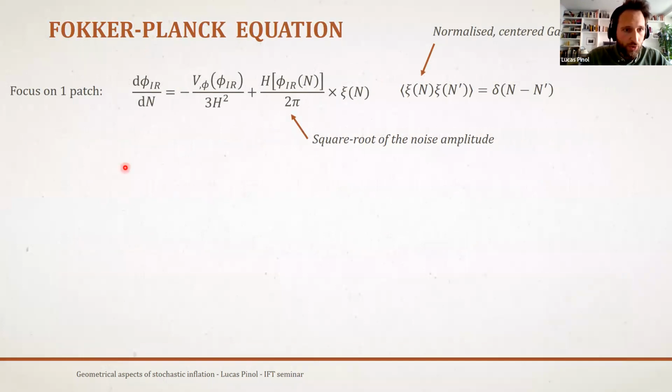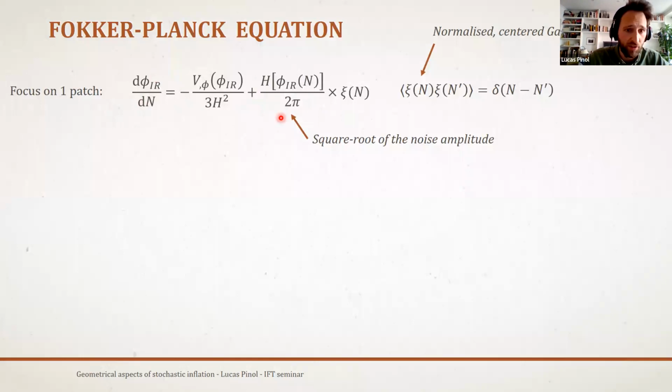Okay, so now we will go into what is called the Fokker-Planck equation, which is very important. We focus on one patch, and therefore I will remove the P, which was for the patch P. I will always look at one patch, the patch 1, and look at the Langevin equation that is verified by our infrared system. So we have this drift, and we have the noise term.